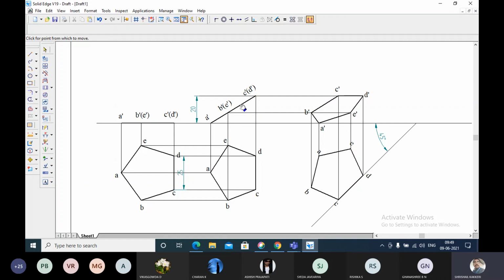You can find the angle, but it is not given. And you can see that the angle will be something different. I don't know how much, we'll find it out. So the angle is 31 degrees. It is not given to me. So with respect to this, again from the top view and the front view, project the lines to obtain this position of the pentagon when the surface is inclined at an angle of 31 degrees.